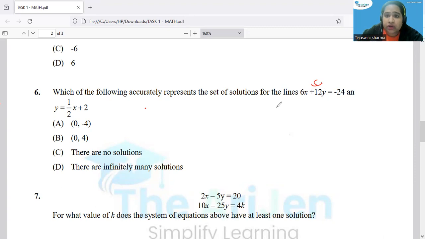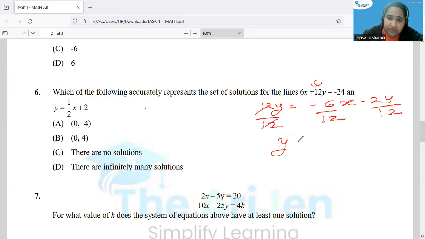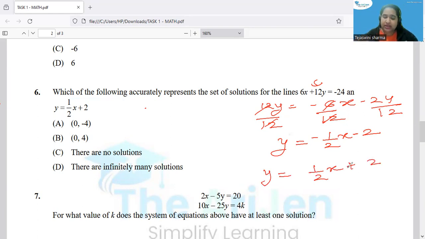When I do so, what I am getting here is 12y is equal to minus 6x minus 24. And when I divide the whole equation by 12, what I am getting is y on the left hand side, and then minus 1 by 2x, and this 24 will be 2 when you divide it by 12. So y equals minus 1 by 2x plus 2, which has the same slope as the second equation,